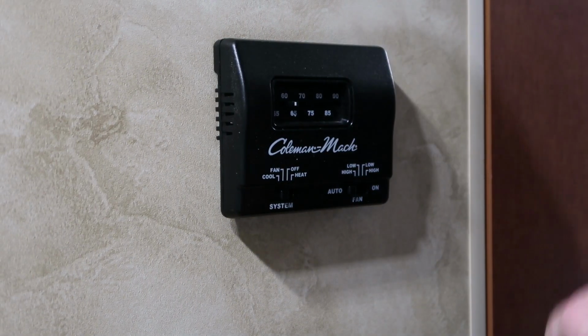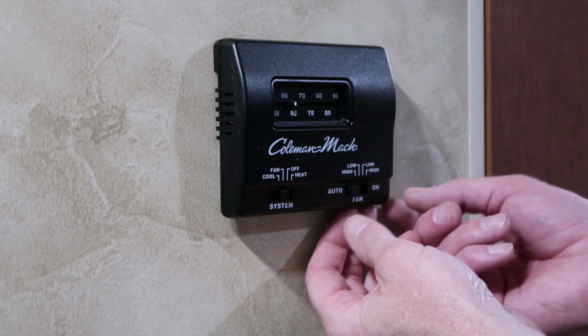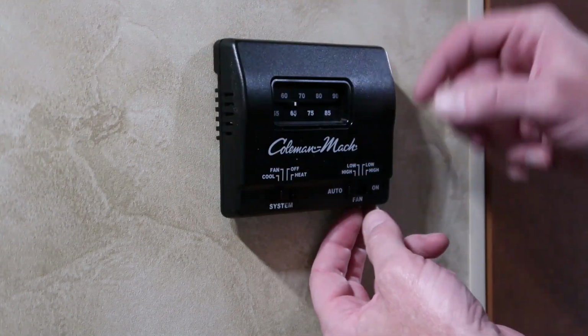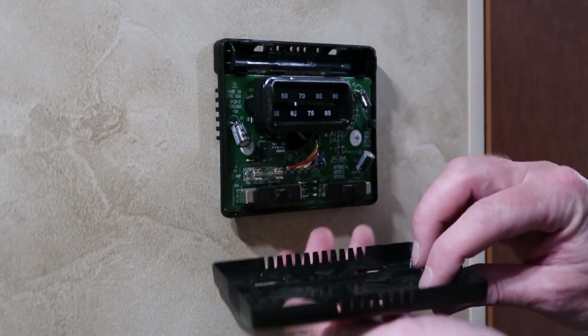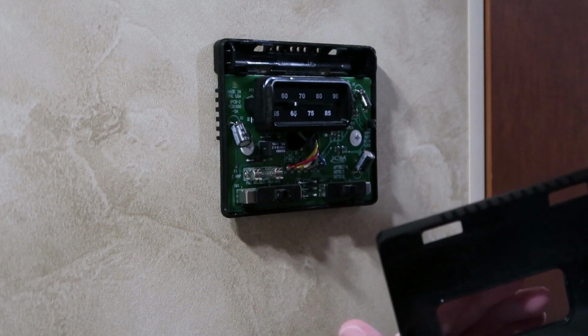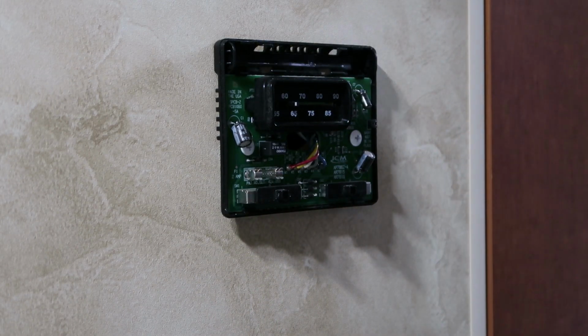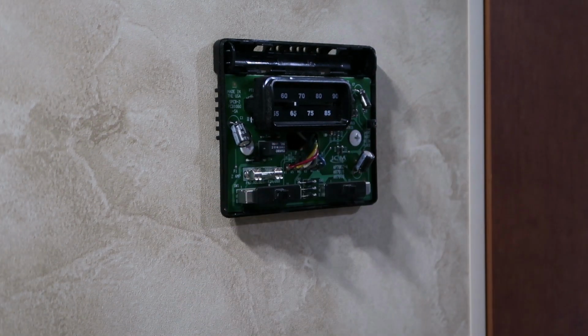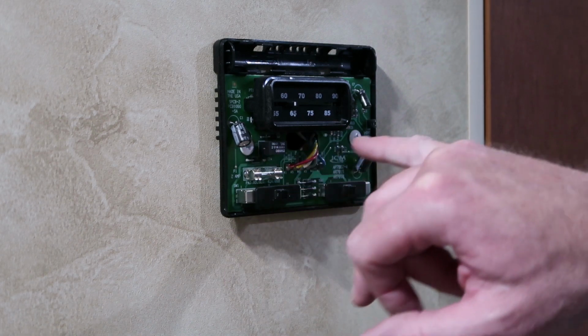Here's the steps to replace your analog thermostat with a digital thermostat. There's some little tabs that hold the front panel onto the wall plate. I'm just going to pop that off from the bottom. And there's two screws that hold it in place. One here, one here. The only drawback of the new thermostat is it's not going to cover both of those